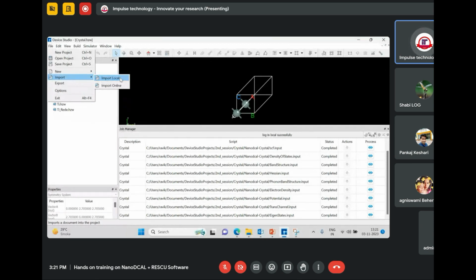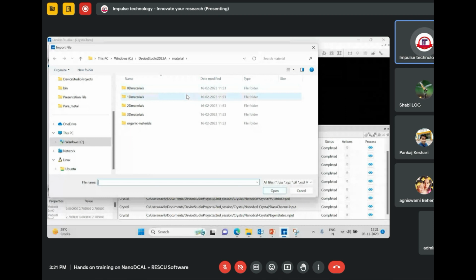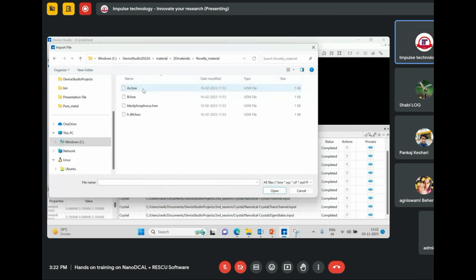So if you want to import some boron nitride from our existing database, you can select this file option, select the import, then select the import local. So you can see this is the material database. You need to select the 2D material. Again, you can see this is the novelty material. Here you can see this is the boron nitride input file. So for importing the boron nitride, you need to select file, select import, go to import local,